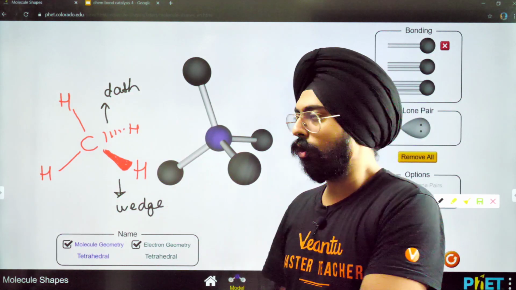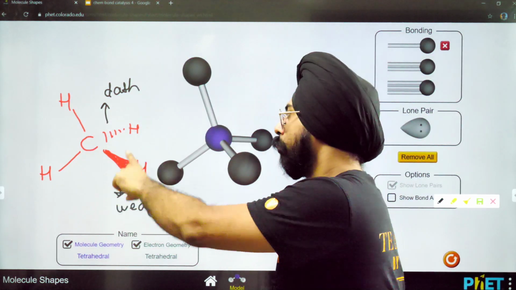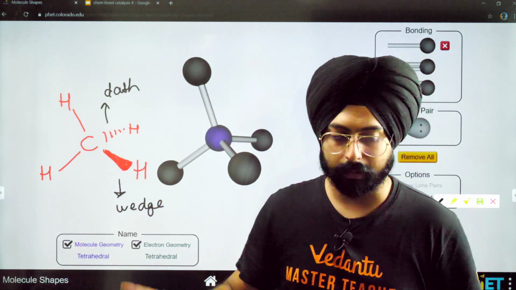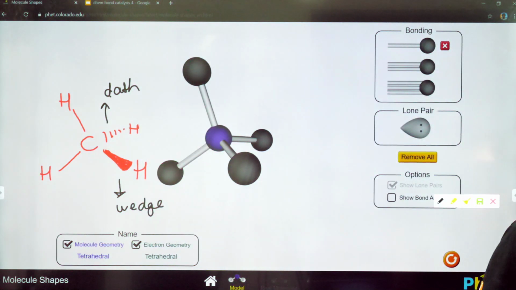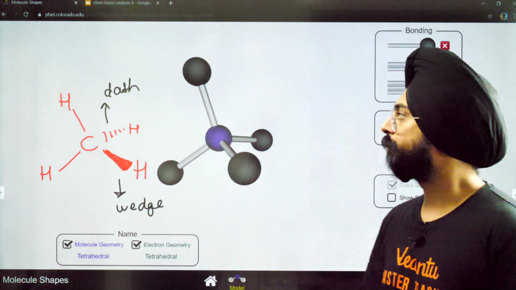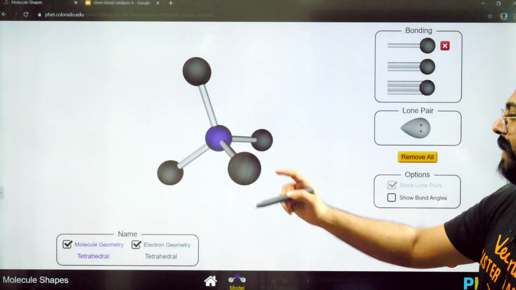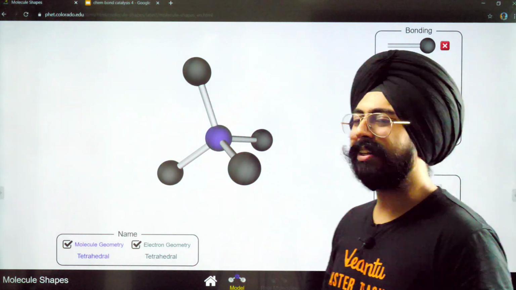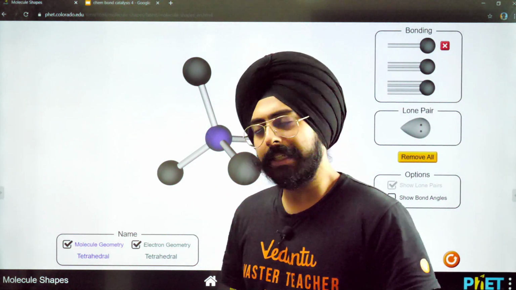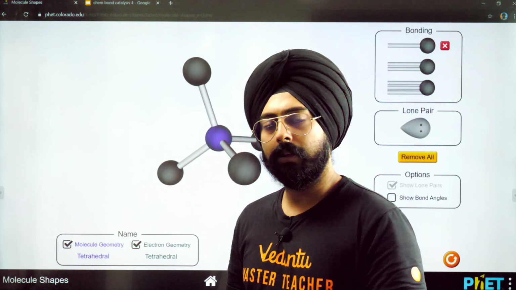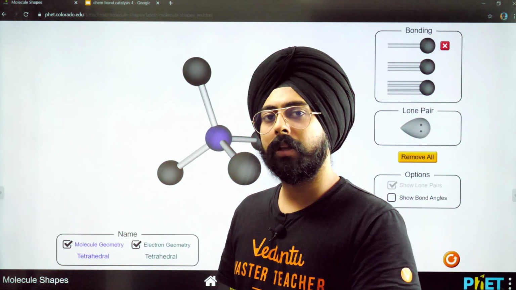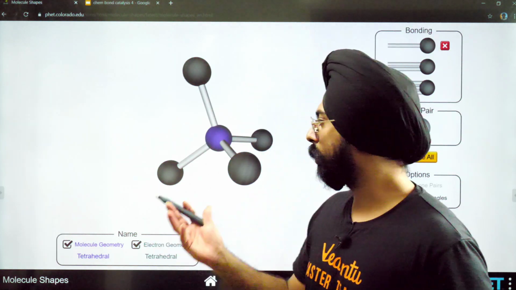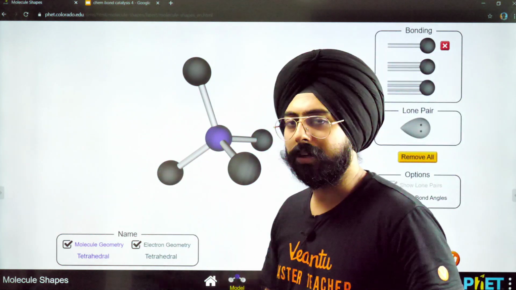So you can draw such a thing on paper using the wedge dash notation. Please write this down as well. ठीक है? Wedge dash notation. Very important for us. Later on in organic chemistry, we're going to use this orientation a lot. चलो, तो ये अपने पास बन गया tetrahedral structure. But why do we call it a tetrahedral? See, in the previous case, we were getting a triangle, so we called it a trigonal planar species. This one is not planar, of course, so we won't call it a planar species.